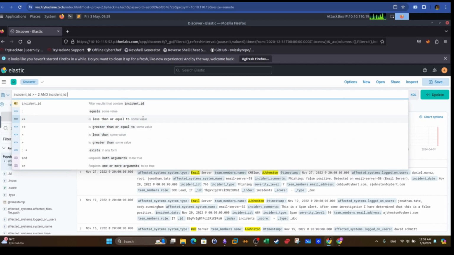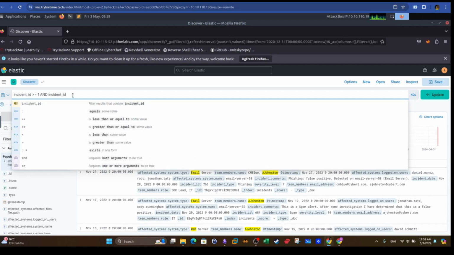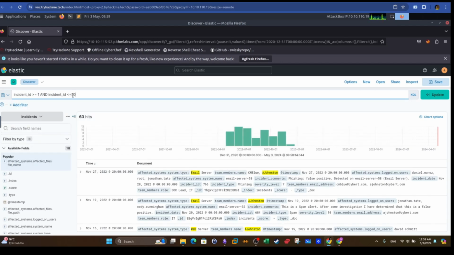In that case, here it should be 1, and here should be less than or equal to 500. And we can use another AND here. Going back,